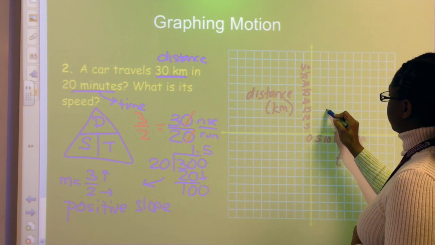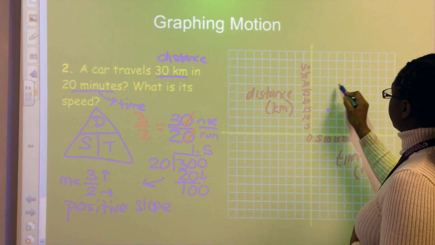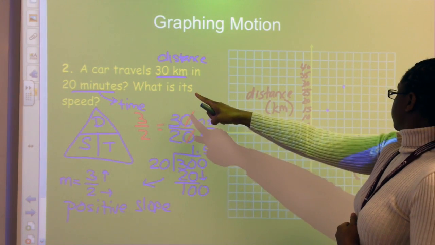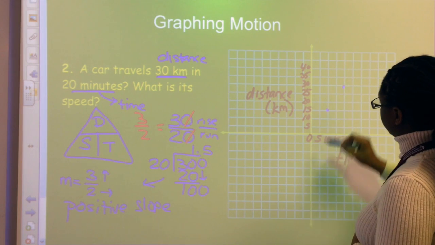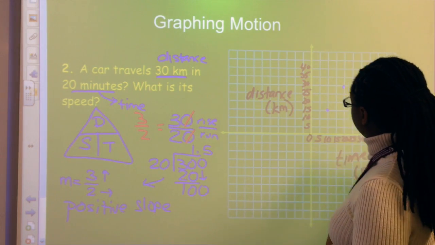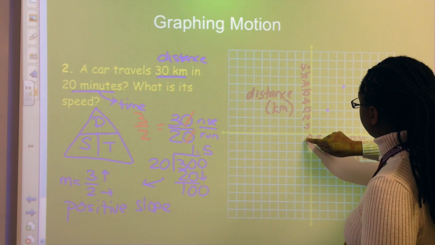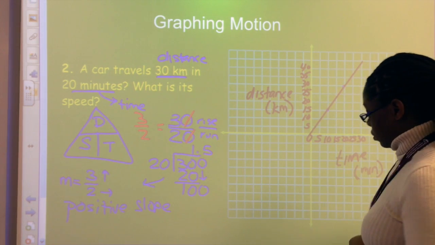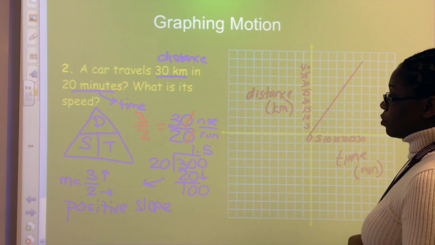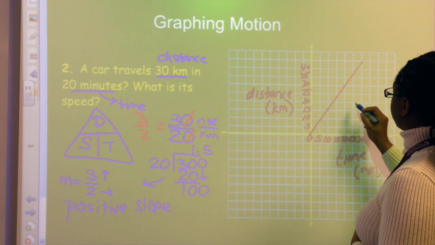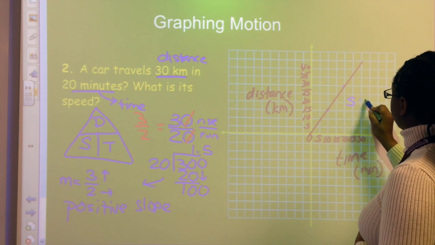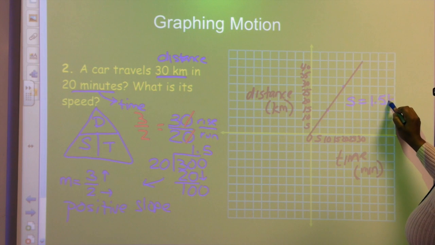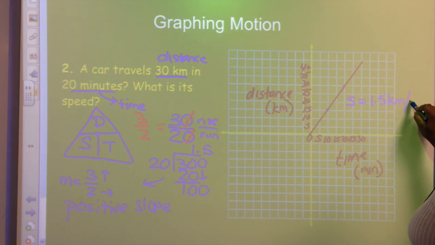So I'm now going to go ahead and plot my points. I'm going to go up 3, go over 2, go up 3, go over 2. Now that I have a few points, I can go ahead and connect them and again show the slope of the line, which has a constant rate of change, which is 3 over 2. So I can say the speed of my car is 1.5